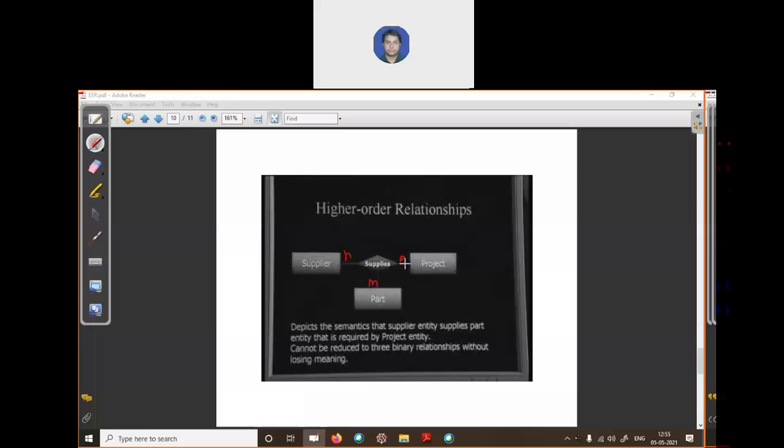Or the same part is not supplied by only one supplier. An n number of suppliers is possible. So there is no restriction. You can write any number, M and P. You can give any number, A, B, C, and Y, Z, whatever. So we can say this is the N to M to P cardinality ratio of this relationship. Is it clear? Am I audible?